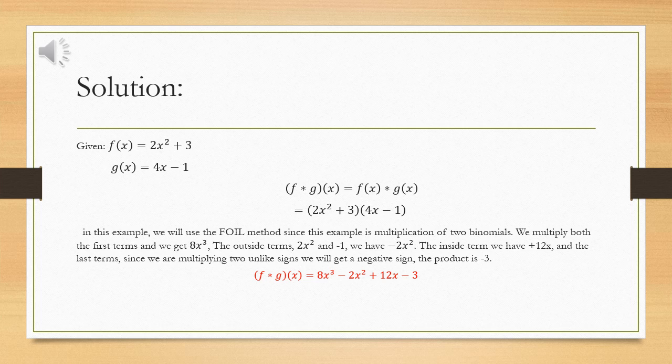FOIL is a mnemonic which stands for first, outside, inside, last. We multiply both the first terms and we get 8x cubed. The outside terms, 2x squared and negative 1, give us negative 2x squared. The inside terms give us plus 12x, and the last terms, since we are multiplying